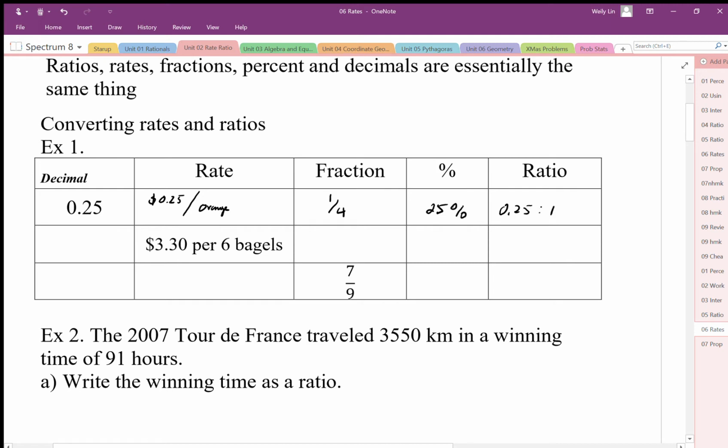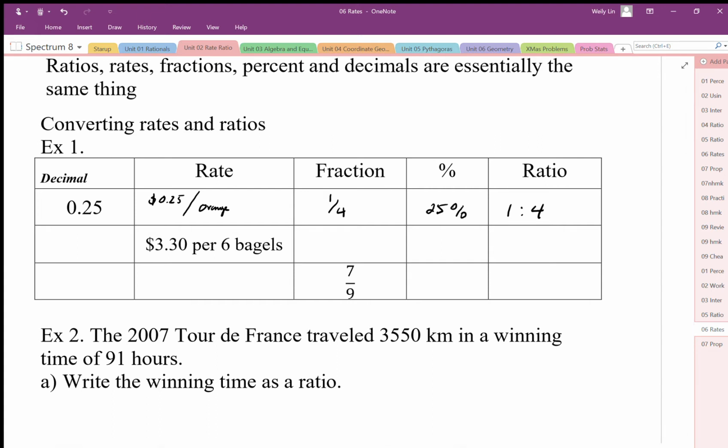But as a ratio, just like with the rate, we don't have to keep it as a unit ratio. We can do a whole number ratio. Okay, we can do 4 to 1. Okay, for this one here,